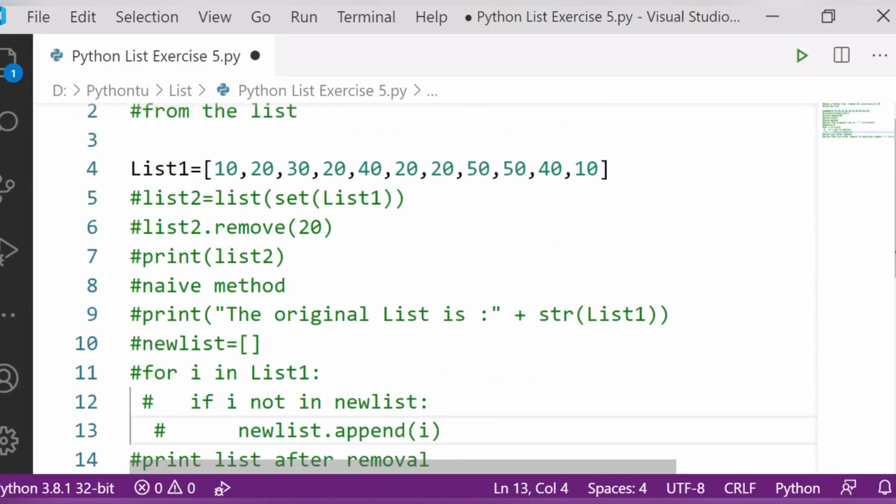Okay, fine. So let's move forward. Here we will use collections dot OrderedDict dot fromkeys.